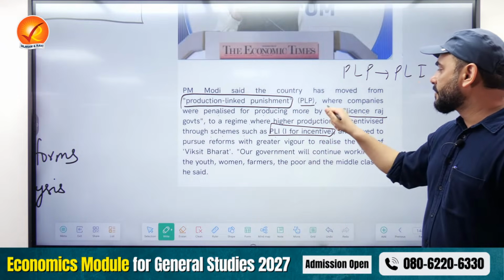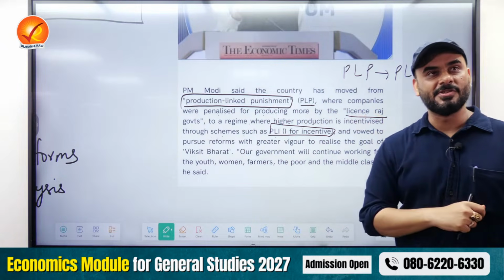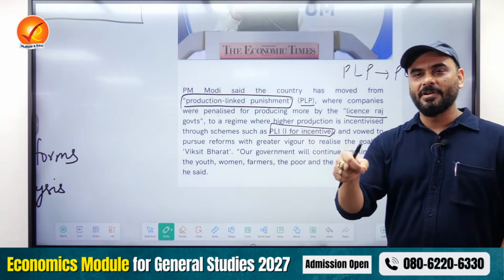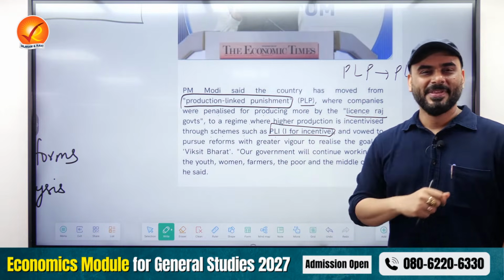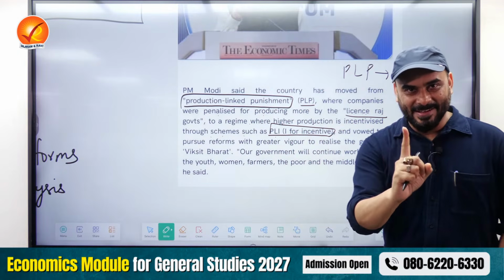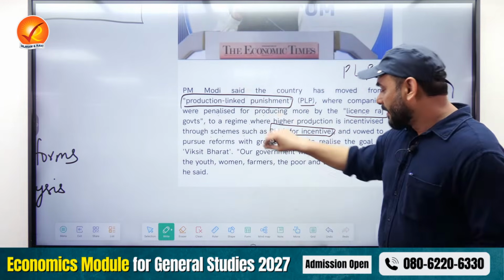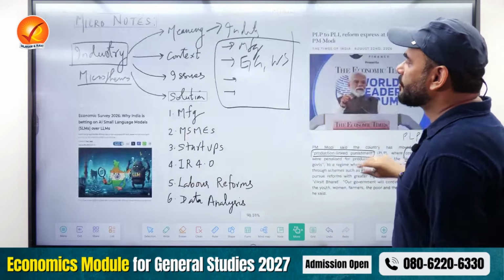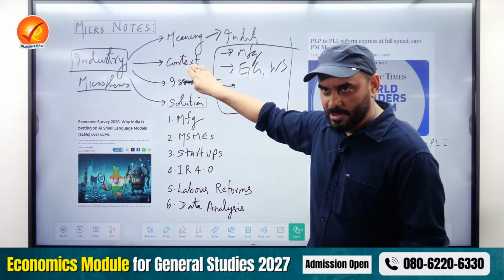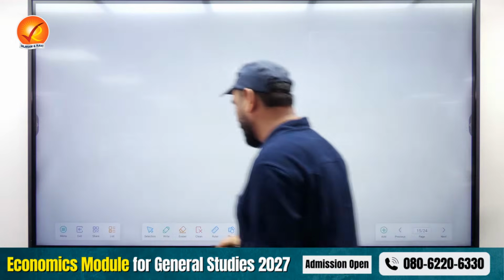And a word has been mentioned by the Prime Minister, which is license Raj. Now, license Raj is clearly mentioned in Indian Economic Development, the Class 11 NCERT. There is a whole chapter which talks about it. So very relevant for next year's exam. Now let me show you the connection with this context, because when you study meaning, after that you have studied the background. What is the background of industry? Look carefully, bacho.